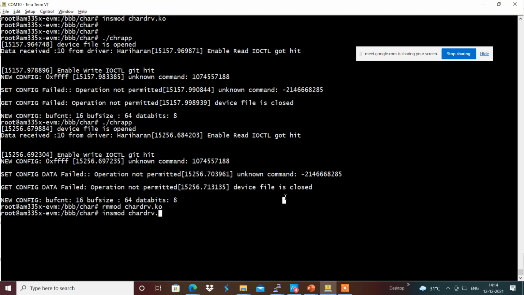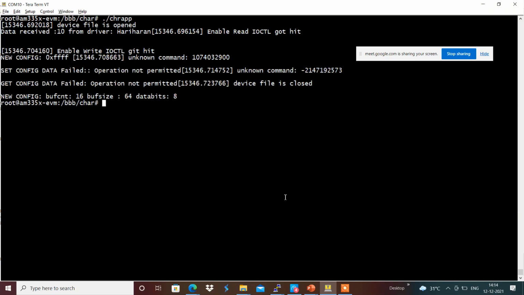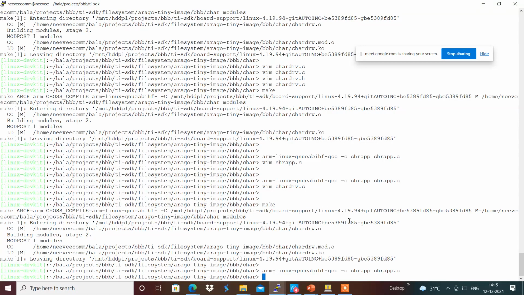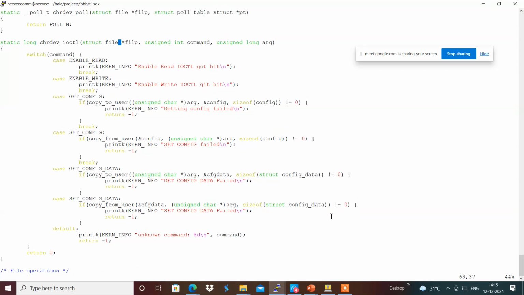The structure of data is having some issues over here. Maybe we shall check this. One second. Size of struct config data, in this we have over here. Unsigned unknown command. It was coming like an unknown command for this, but this buff count got updated.